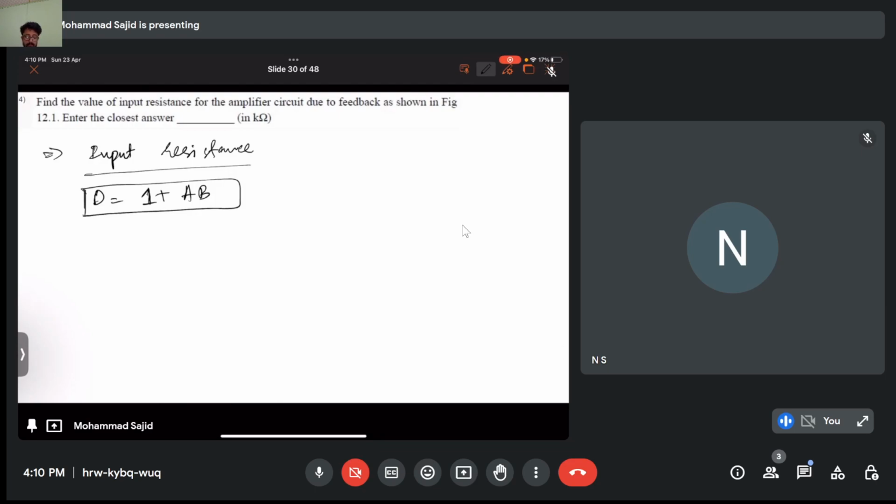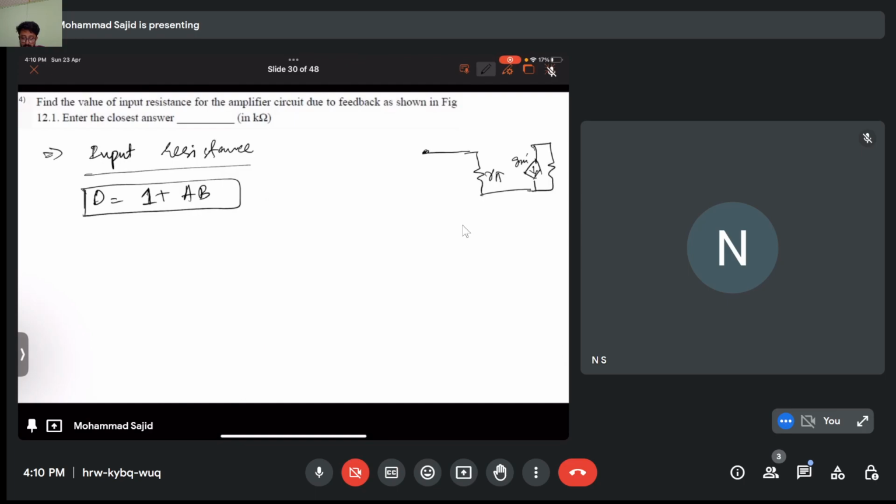That has been shown in the previous sessions, how you calculate the input resistance and output resistance of the amplifier. Let me just give an example. If this is R pi,